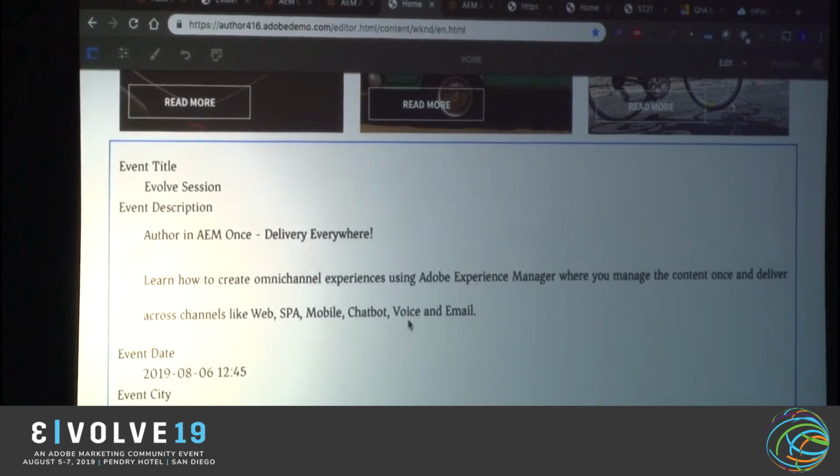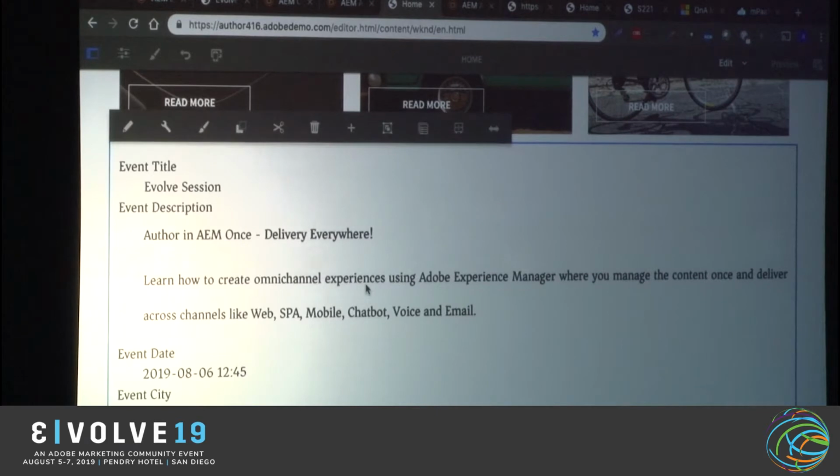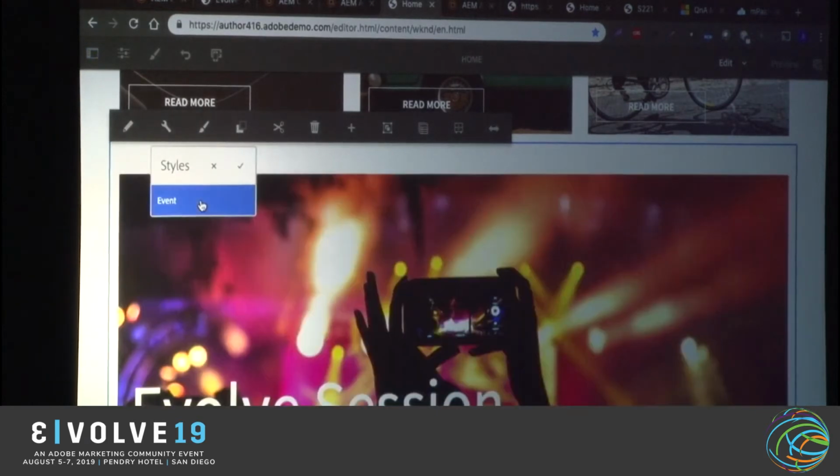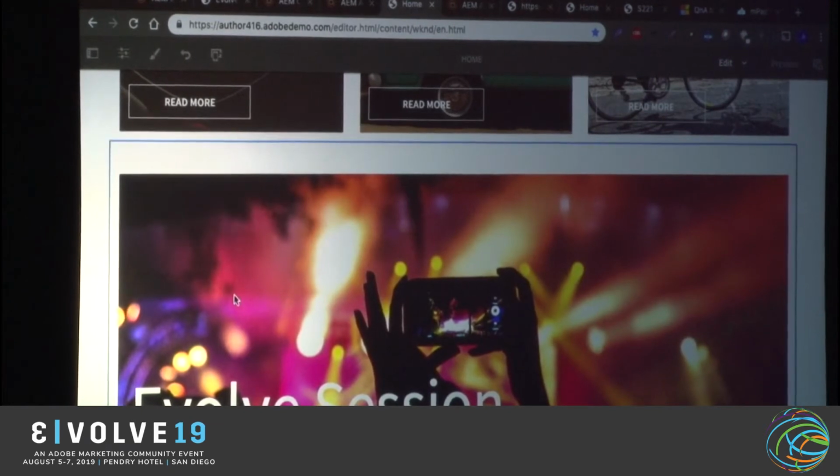Remember, it's kind of agnostic of any sort of layout or styling. The content fragment relies on whatever end downstream channel to really style that. So in this case, it is AEM Sites. So I have already pre-made a style for it. Once I apply that, it's basically taking that data element, but